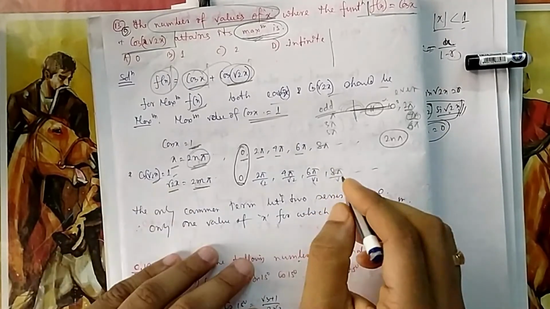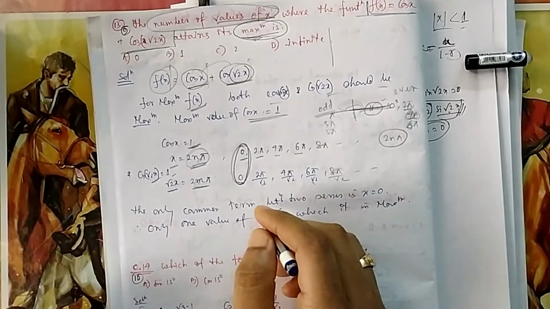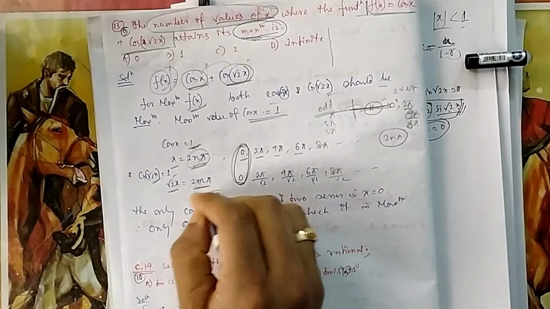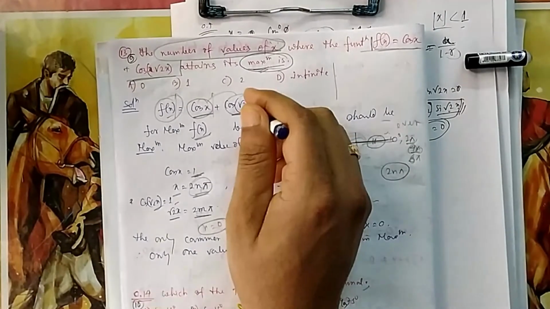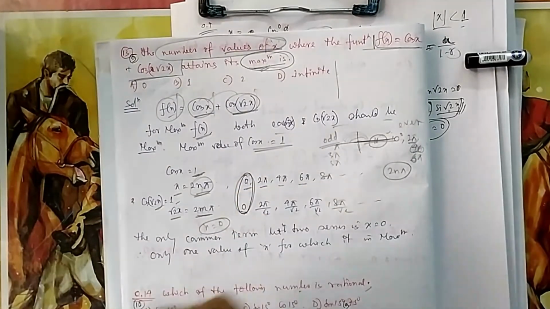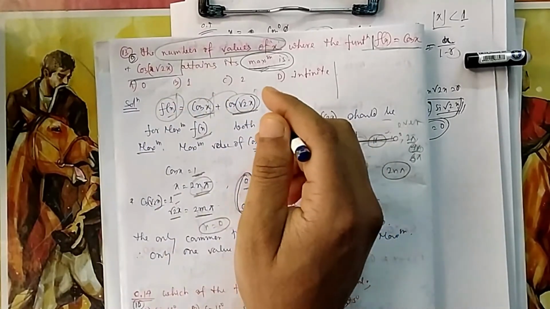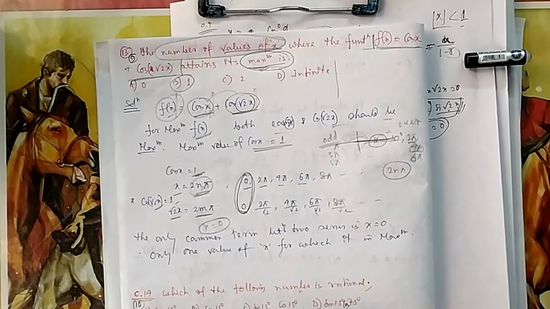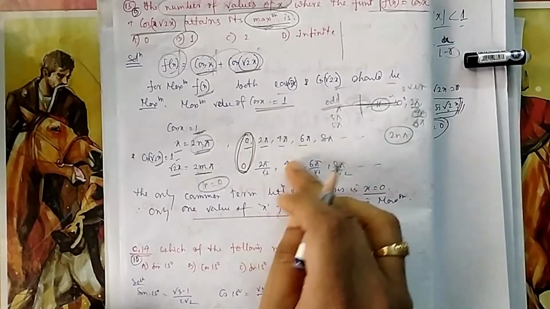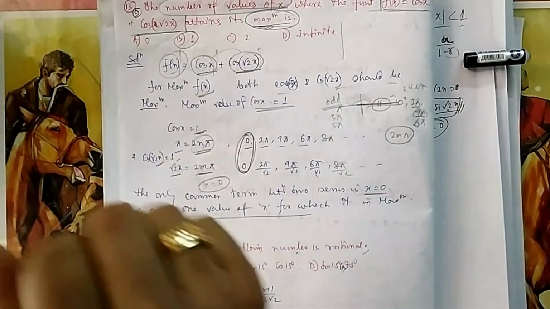So what is the common point when both are maximum? There is only one point: if it is 0, then only both will be maximum and the output will be maximum. So you will find one value of x, the common point, and it is 0. It should be a common point, because the same value you put here, you put here also. If you put 0, this is maximum, this is also maximum, then this function is maximum. That means you have only one value of x for which it attains its maximum. You cannot put other values, because for other values one will be at maximum and the other will not. If both are at maximum, then your output will also be maximum.